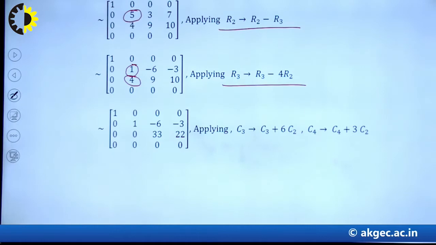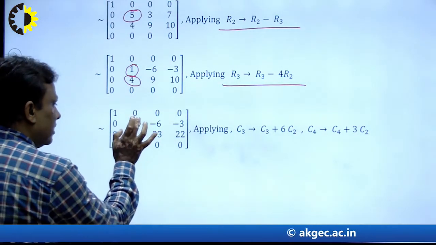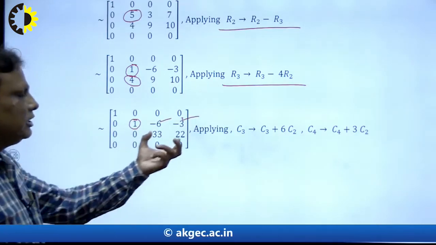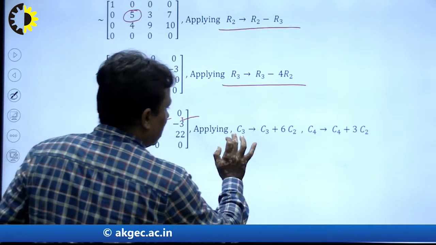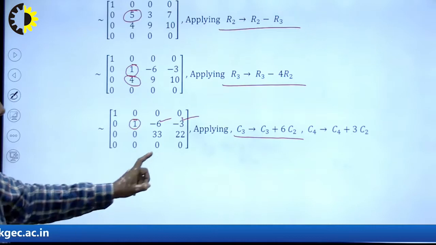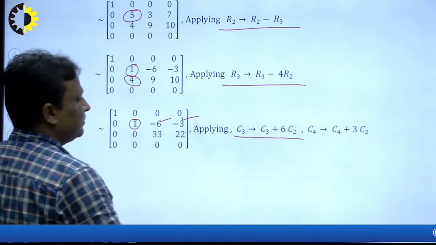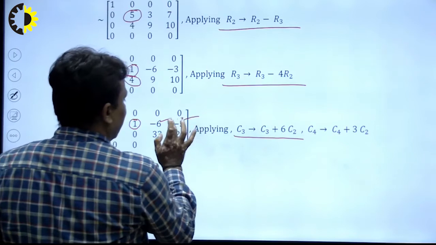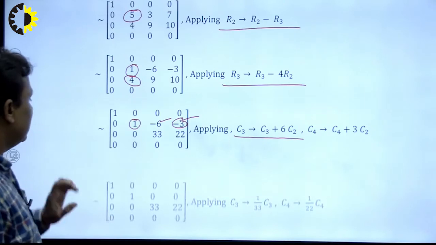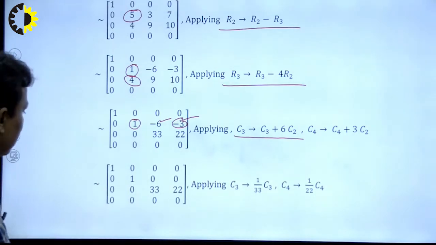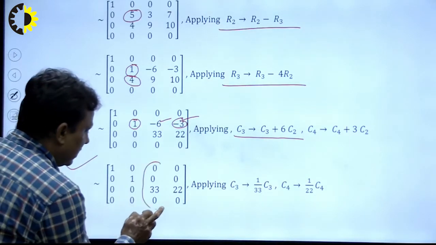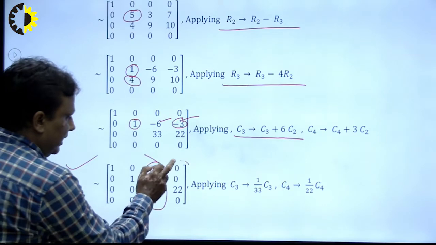Now the question is, right, with the help of this element, how to reduce this into zeros? So by using the column operation, with the help of this one, and the position of this will be this minus 6 in the third column, right? C3 arrow C3 plus 6C2, and similarly this element C4 arrow C4 plus, applying this, I got this result, right? Now in this column, if we divide by 33 and in this column we divide by 22, right?